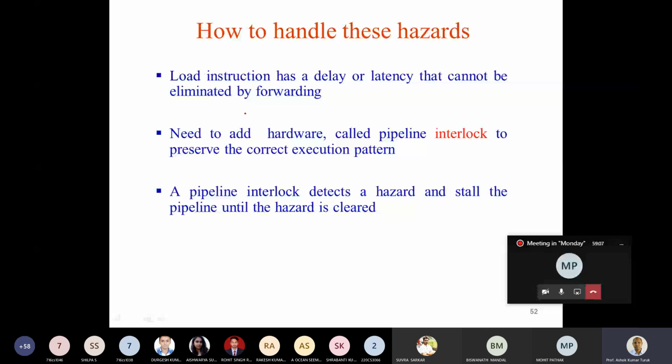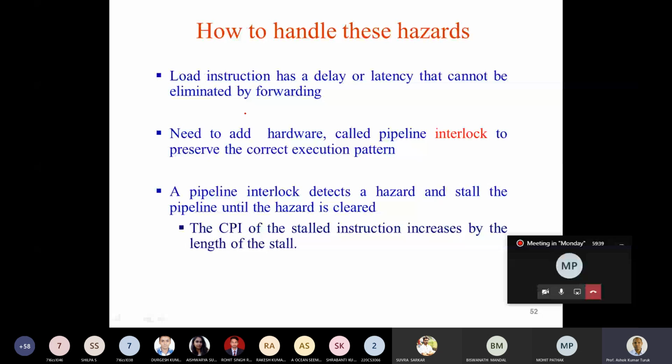In the previous case, it was the subtract instruction, so it will stall the subtract instruction and all the instructions following it, and allow the instructions before the subtract instruction to continue execution so that the hazard will get cleared. Now, once a hazard takes place, the performance of the pipeline degrades. The CPI of the stalled instruction increases by the length of the stall. In the previous case, the stall was for 1 cycle, so the CPI increases by 1 cycle. If the stall is 2 cycles, then the CPI increases by 2 cycles.